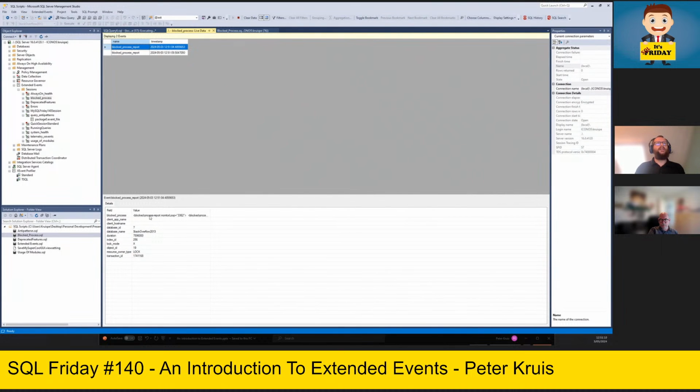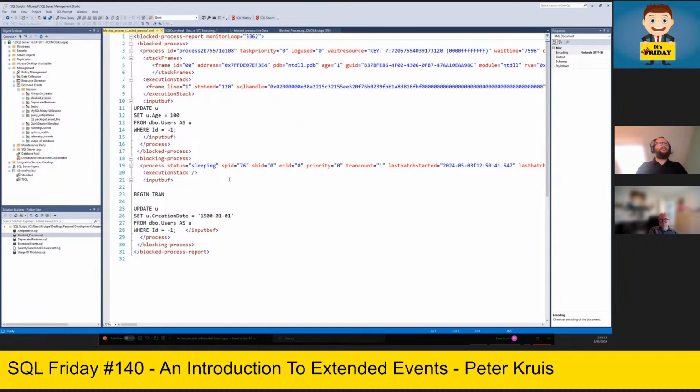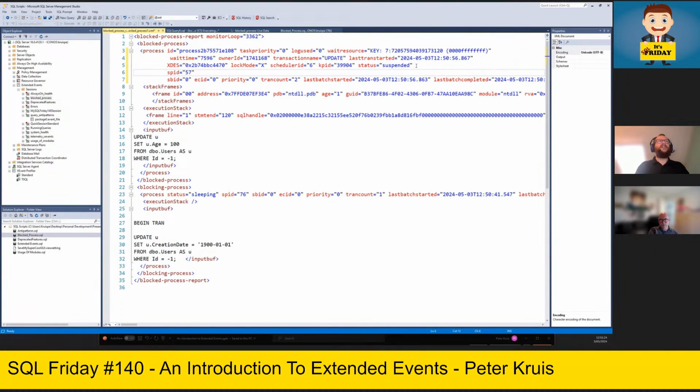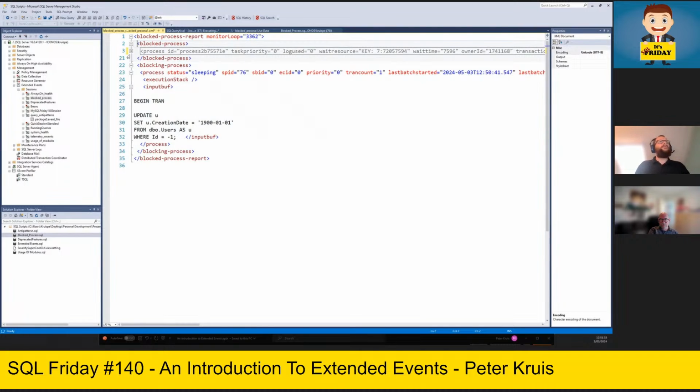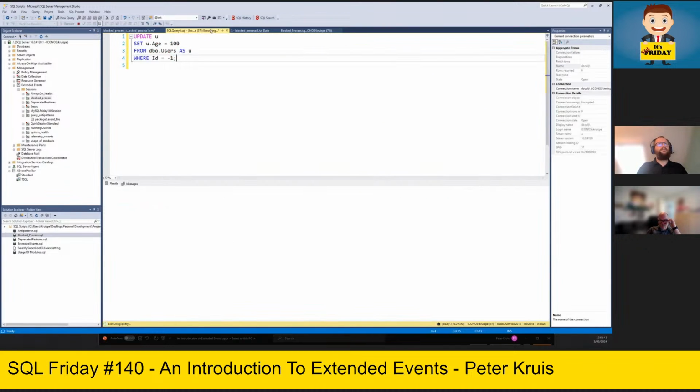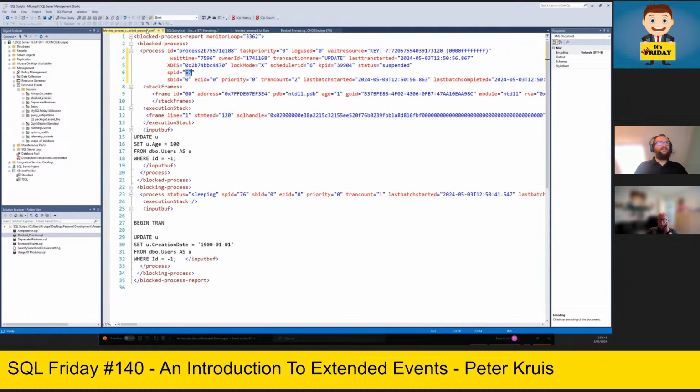And what you can see here when I double click the information is, okay, I have a process, and what am I waiting for? And who is blocking me? So let me go back to the most important information. SPID 57, see, we have blocked and we have blocking. So this item with SPID 57, which we can see is still running, is being blocked by SPID 76, which has a begin transaction and did an update.